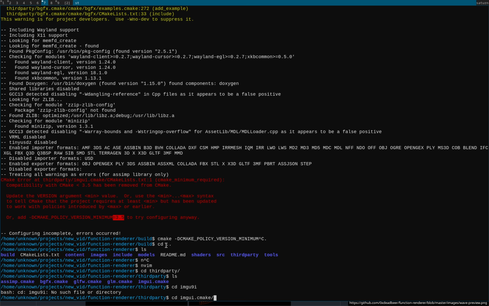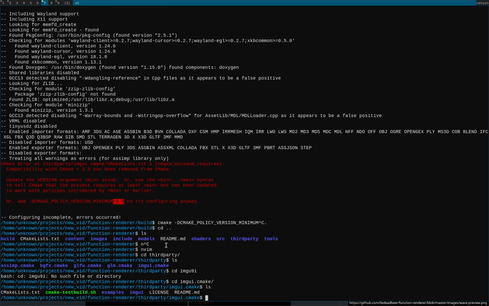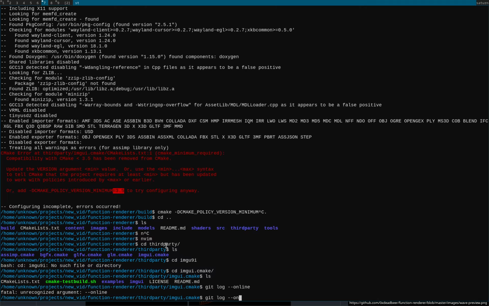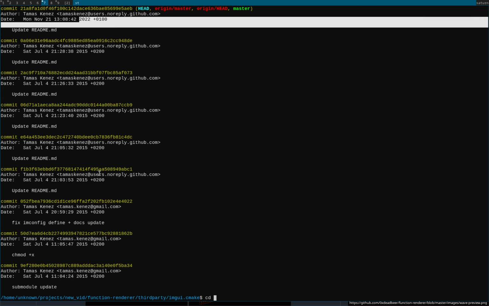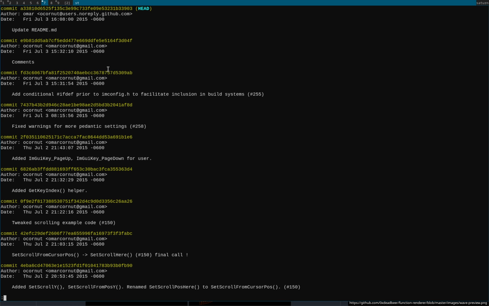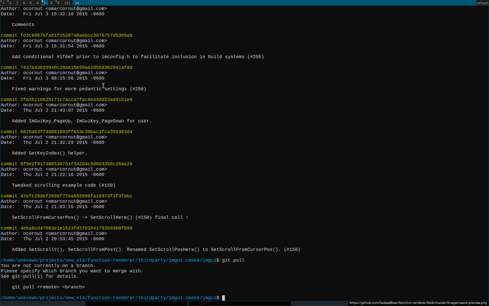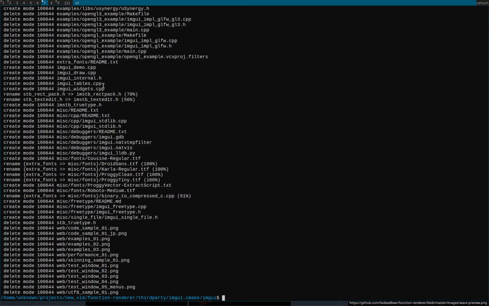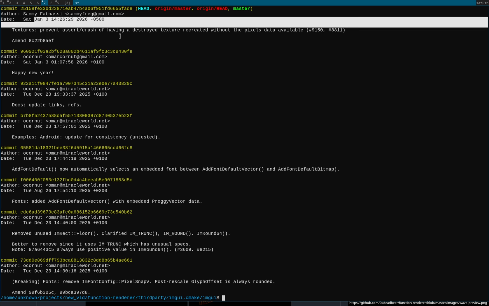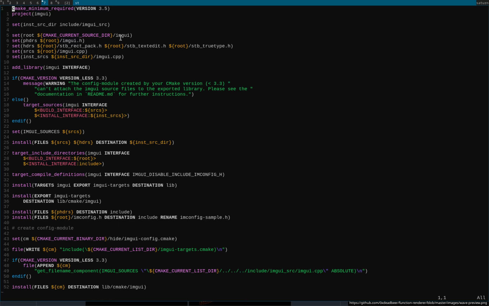If we go to imgui-cmake, this is a very old CMake repository. This is from 2015, so quite old, especially if you go into imgui. You can see it's from 2015. So what you have to do, and this is actually a requirement, is pull the latest one. So we have the latest one, yeah, and modify the CMake